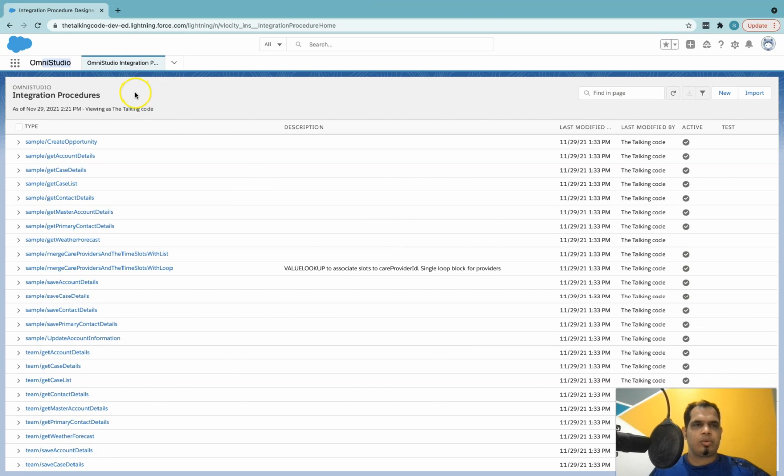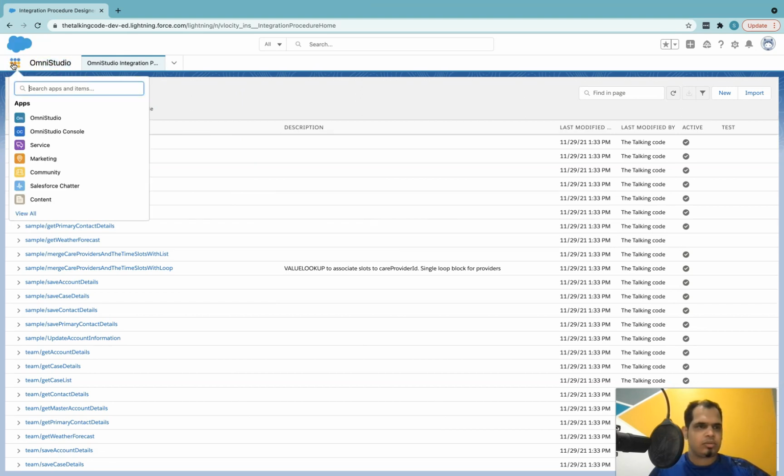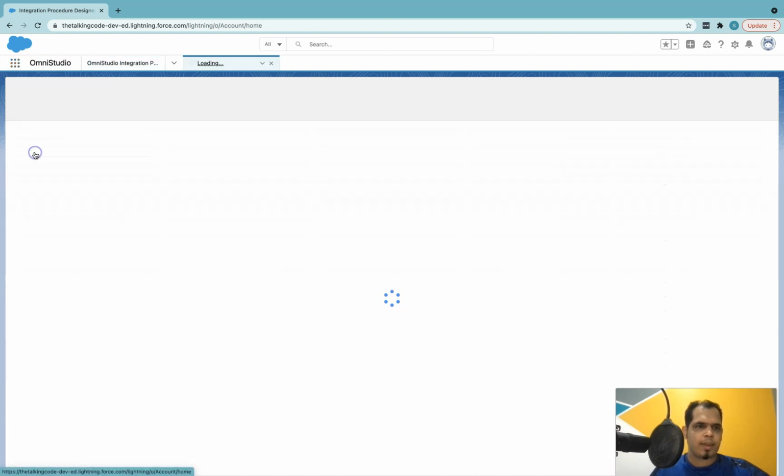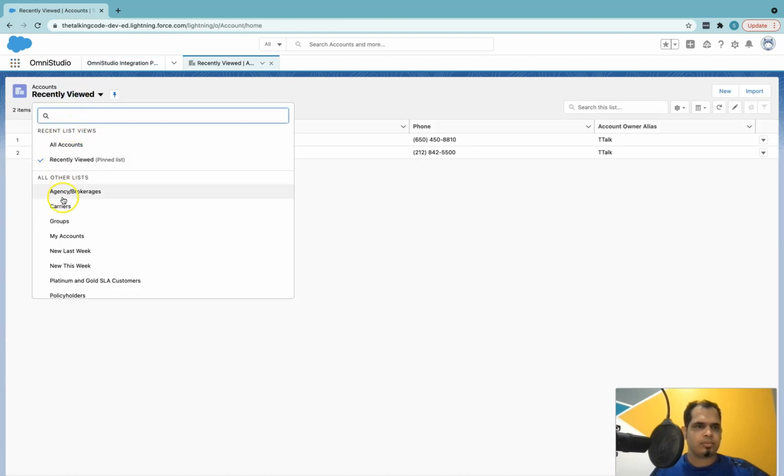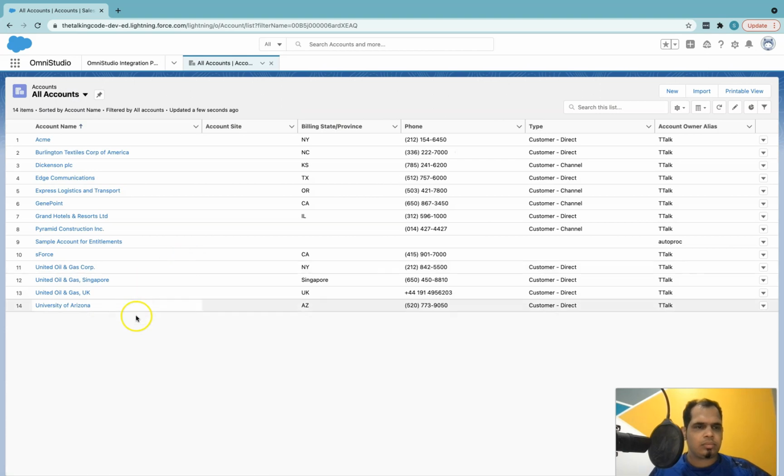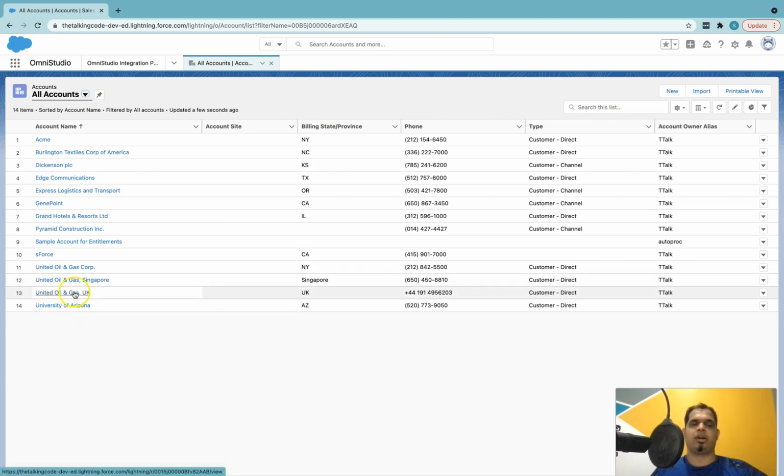What we will do for this experiment is let's go to accounts first. Okay, so what we are going to do here is we do have multiple accounts that start with United, right? So we will query all these accounts and we will update a field inside the third account.